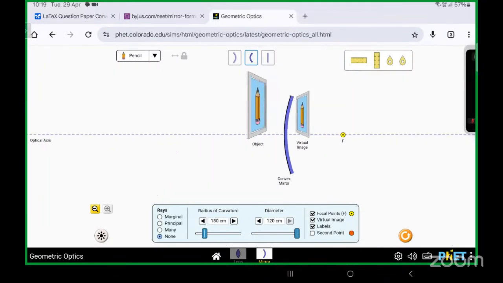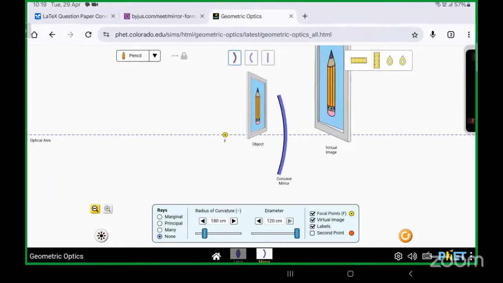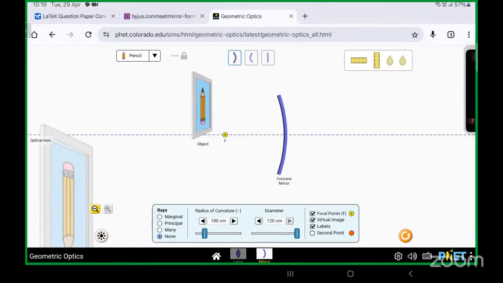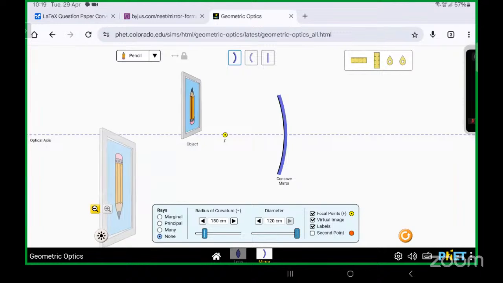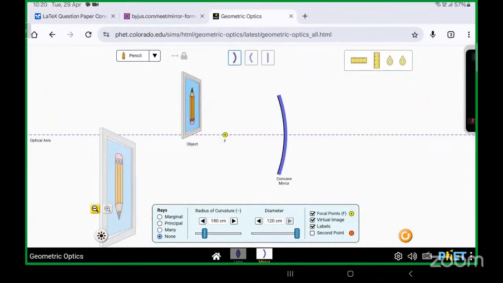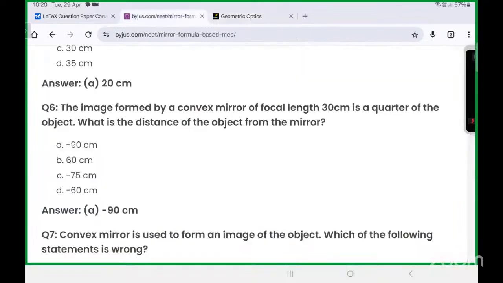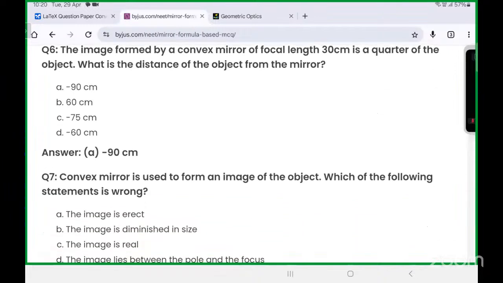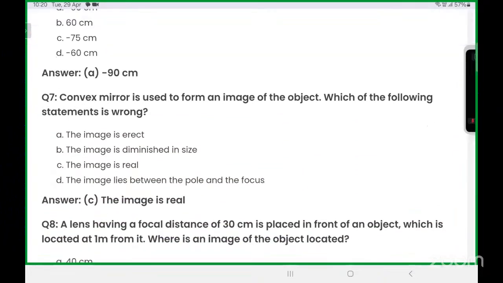ये आप घर पे और भी ट्राई कर लेना। वैसे ही कॉनकेव मिरर का भी देखो, ये वर्चुअल इमेज है और ये हो गई तुम्हारी रियल इमेज। रियल इमेज इसलिए क्योंकि रियल रेज से बनेगी, देखो ये रियल रेज इंटरसेक्ट करके इमेज बना रही है। तो ये एनिमेशन बहुत जबरदस्त है, इससे आप पूरा टेबल अच्छे से लर्न कर सकते हो, उसको विजुअलाइज कर सकते हो। ठीक है, नेक्स्ट क्वेश्चन बताओ।